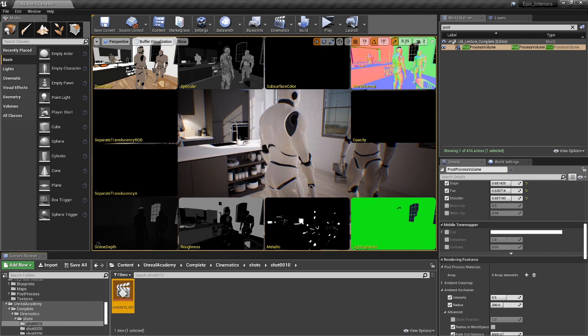So for instance, we have our base color material input here on the top left, and this shows just the base color information of our materials. After that, we have specular, subsurface color. Here we have the world normals. You can also see we have metallic, so every object that is marked as metallic in a material is being rendered here to the metallic G buffer. Then we have roughness, so we have our grayscale of all the roughness of all of our materials being rendered